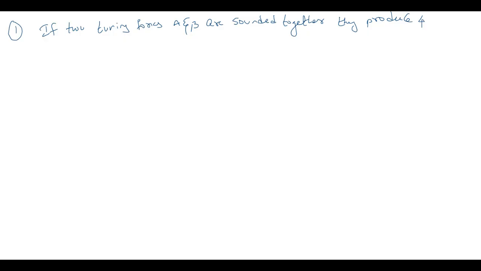Okay, shall we do one numerical? Let us do one numerical on this. First question: if two tuning forks A and B are sounded together, they produce 4 beats per second. Okay. If A is